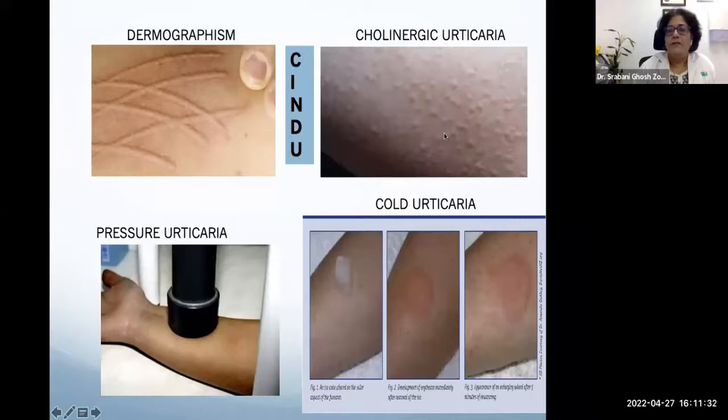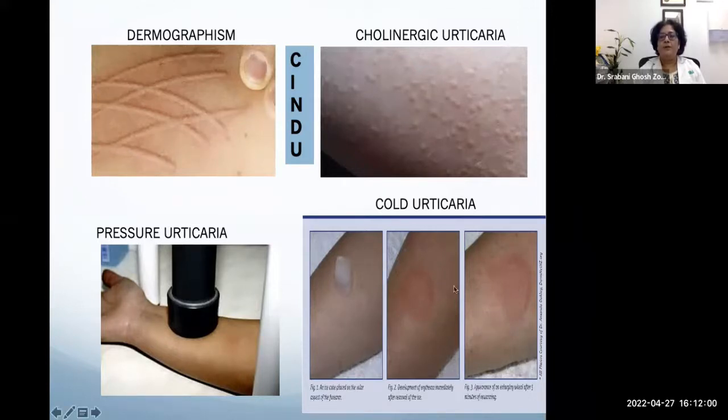This urticaria is a bit tricky because if this is present in sports persons, you can't give an antihistamine, especially as this cholinergic urticaria responds very well to cyproheptadine. So in those sports persons, you can't use this type 1 antihistamine because that is going to reduce the sporting capability. So sometimes it becomes tricky to manage these patients.